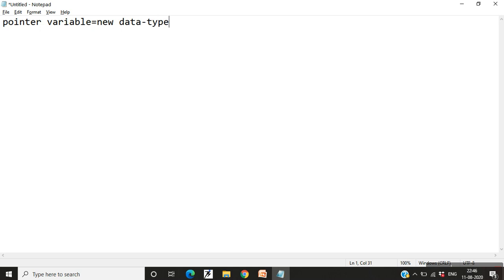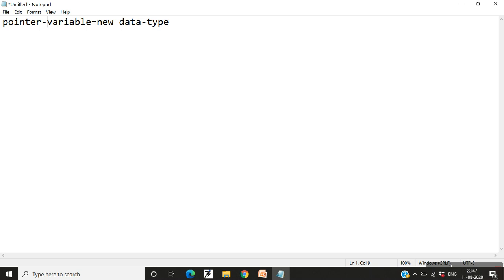This creates an object of this data type using the new operator, and this pointer variable is of type data type. It allocates sufficient memory to hold a data object of that type, and returns the address of the object.